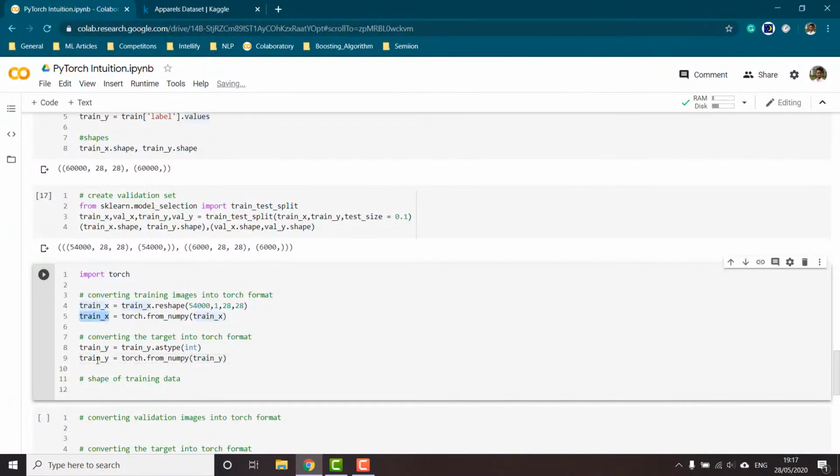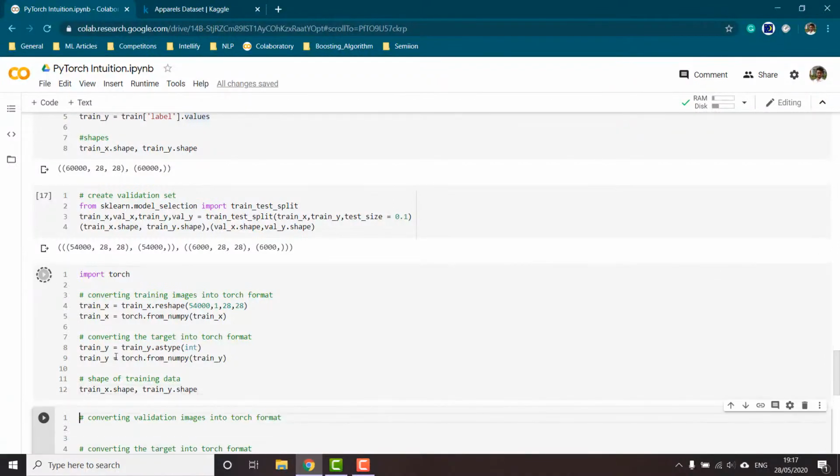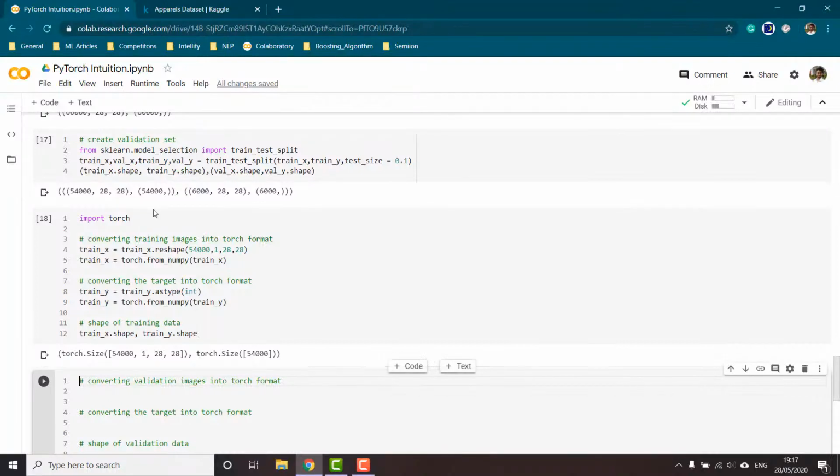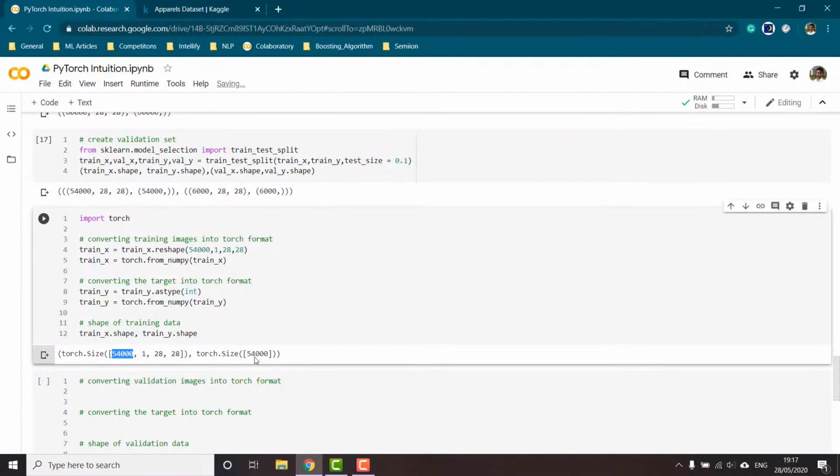Once this is done, now let us view the shape of our training data. So you can see that our data has been successfully converted into torch tensors of size 54,000 by 1 by 28 by 28, and the y shape is a tensor of size 54,000.